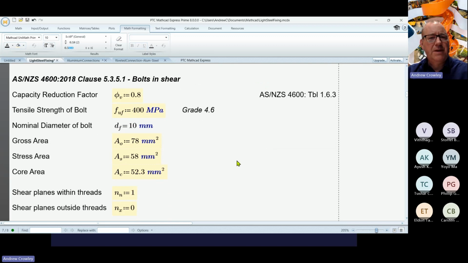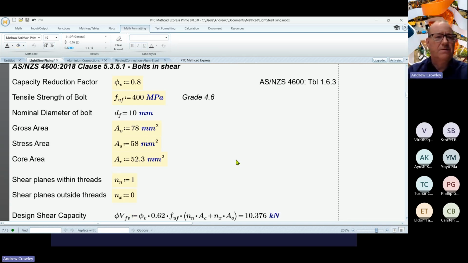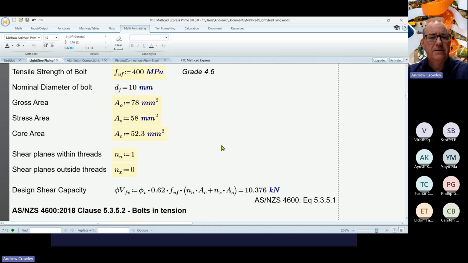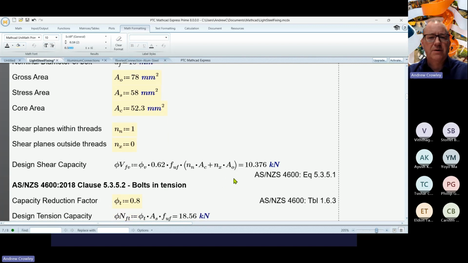This is probably not the critical element, because what you'll find in fixings in light gauge steel and in aluminium is that it's not the bolt or the screw or the rivet that is the critical component. It is nearly always the metal that you're joining. And so we just take the gross section area of the bolt and then apply it. So we make up whether it's going to be within the threads or outside of the threads, and add shear planes and the values together to give us our bolt capacity, which is much higher than the bearing capacity or the shear capacity of